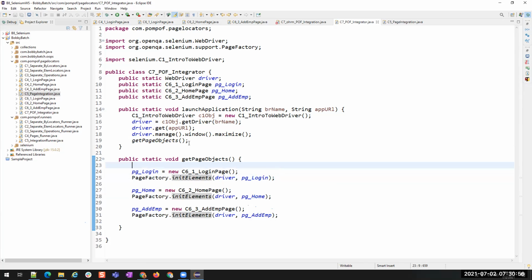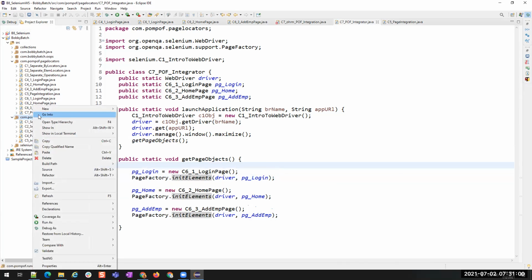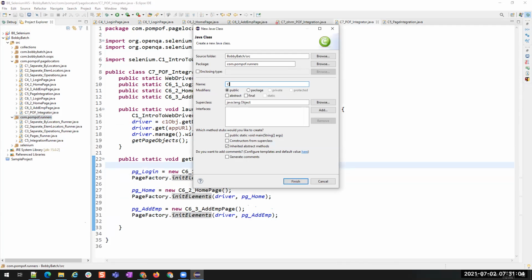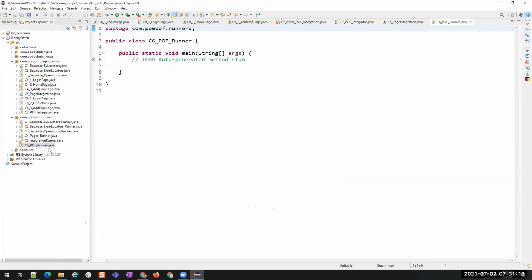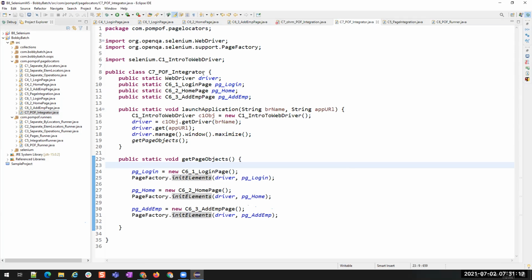Now that we have the integration class, let us create a runner and then run. New class C6_POF_runner. Here I need a main method, so I'm creating a main method. Now this runner is extending this integrator, right?